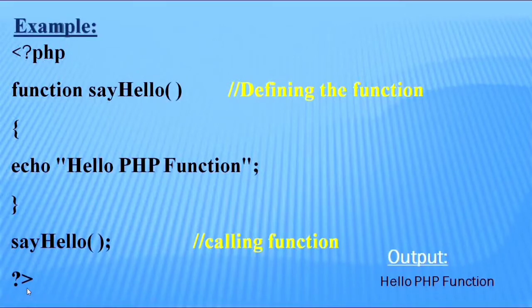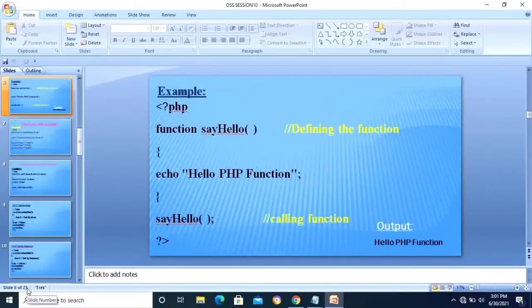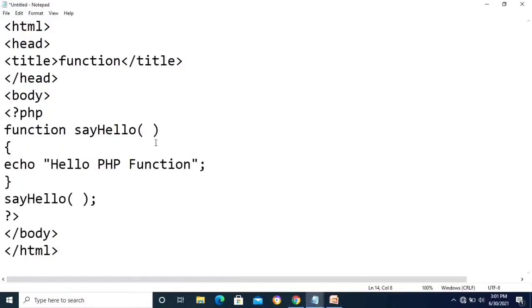Next, open the notepad, write the program, and run this program in a web browser. So open the notepad. I have already typed the program. If you look at this, starting HTML tag, because PHP can be embedded into HTML. Next, head tag. The head tag is used to represent the heading. Next, title tag. Title is function. After writing the title, the tag is closed. Next, the head tag is closed. After that, the body tag is open.